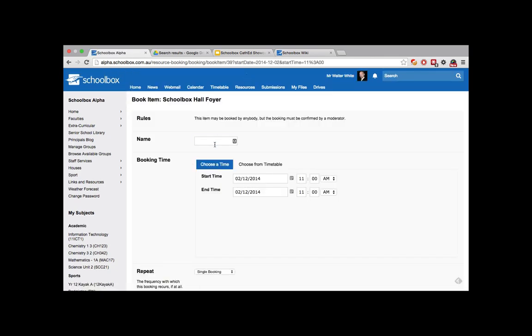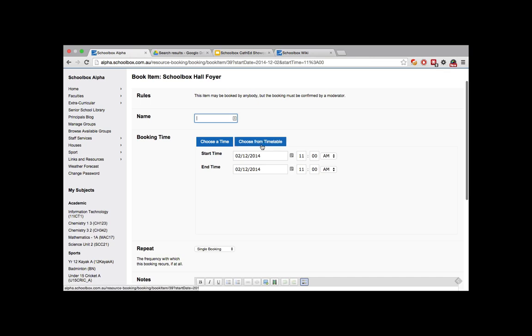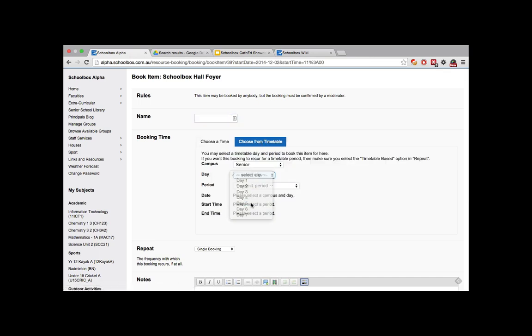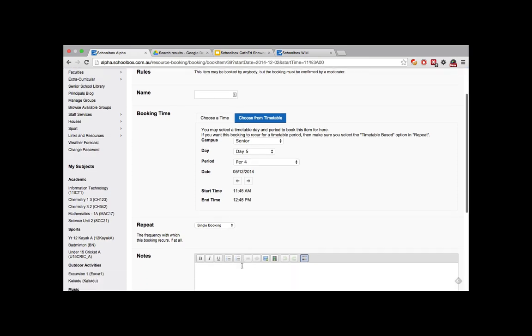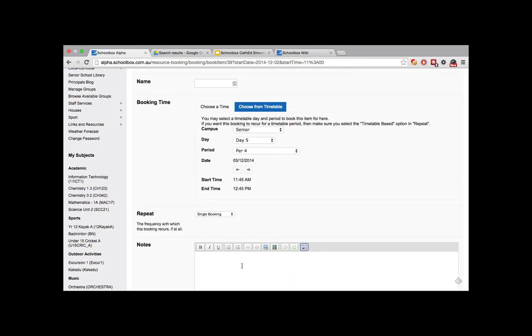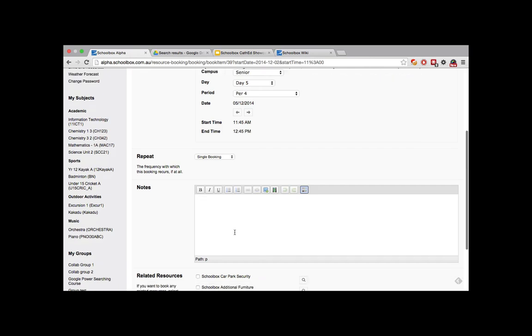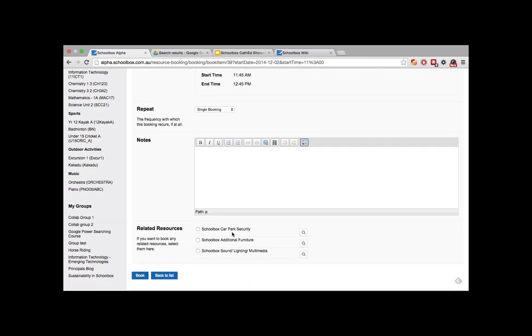So in here you'll find the ability to make a booking on a time or from your timetable. So I can select day 5, period 4 and book that for that particular time. So you can book via timetable or via a specific time. And of course leaving notes. But importantly, this bit down the bottom, the ability to select related resources. Now this is really powerful because you can align other things with this particular resource. So this could be a room and I might want to book these TVs and they might be related resources for this particular room. So I can just tick that I want those TVs